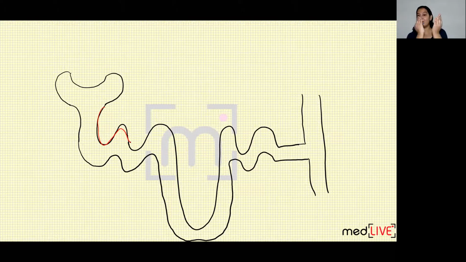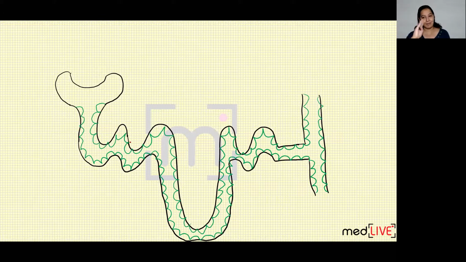These are like circular cylinders inside. So all these tubules, that is PCT, loop of Henle, DCT, and collecting tubules, are lined by epithelial cells or tubular cells, which I have drawn with green color in this diagram. Can you see the epithelial cells? All these tubules, like cylinders, are lined from inside by epithelial cells, or you can say tubular cells.